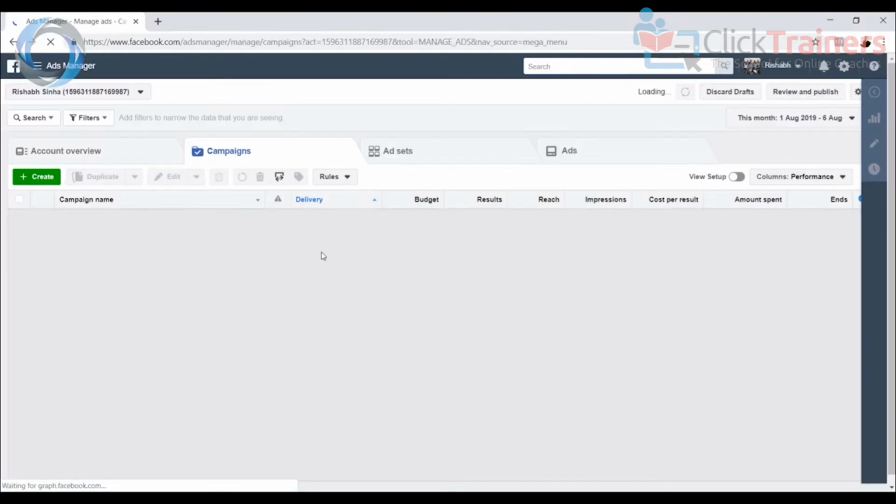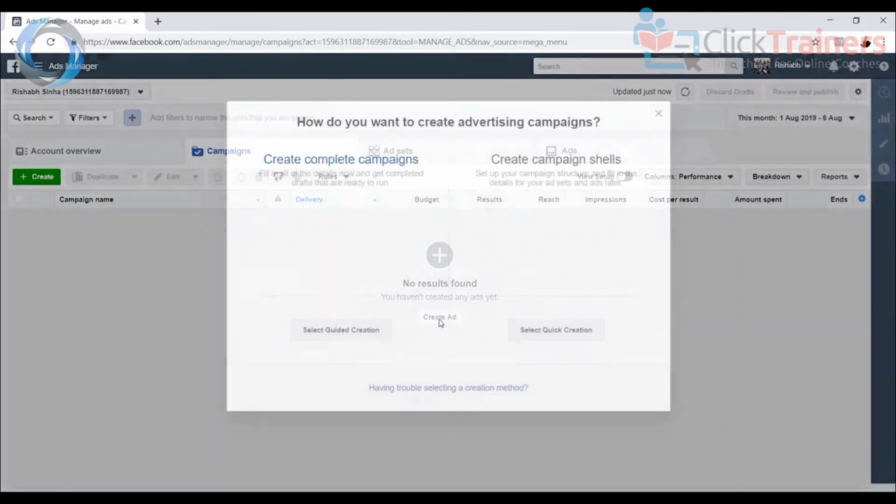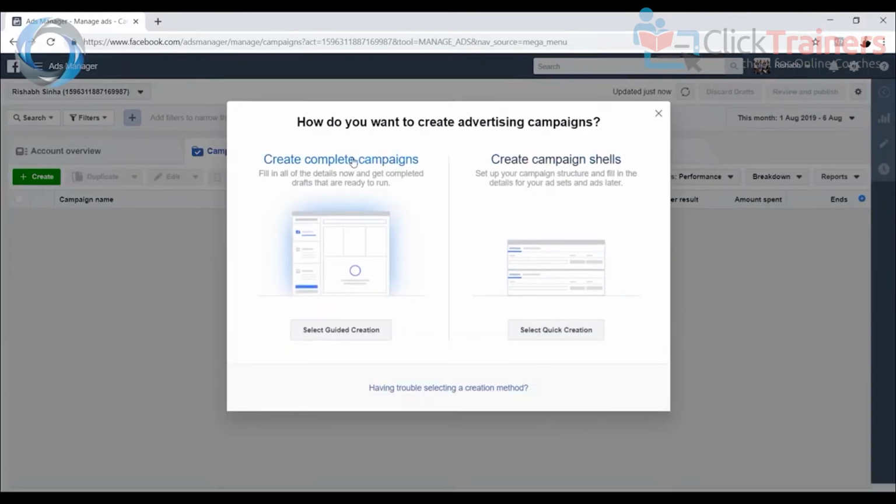That's where you'll see all your ads when you start creating them. Right now, you're not seeing anything under here. This is the campaign name. So we'll be going and seeing what campaign is, what budget is, results, everything. But basically, to start the process, we will be clicking on this create ad tool, and it's going to ask you,